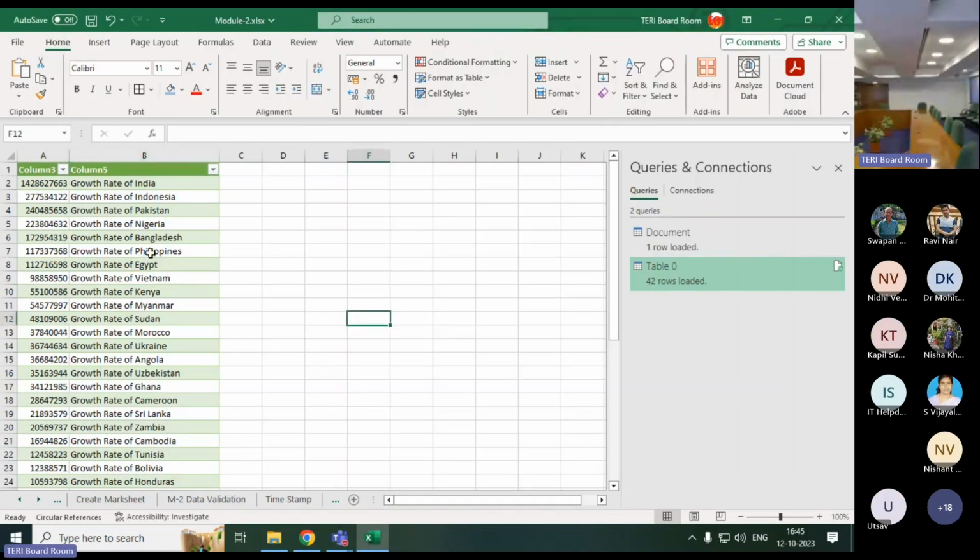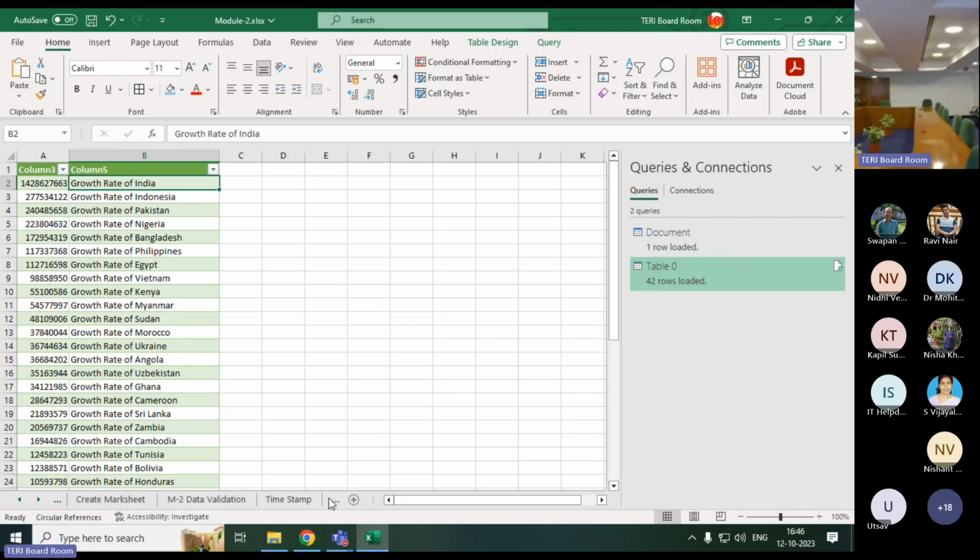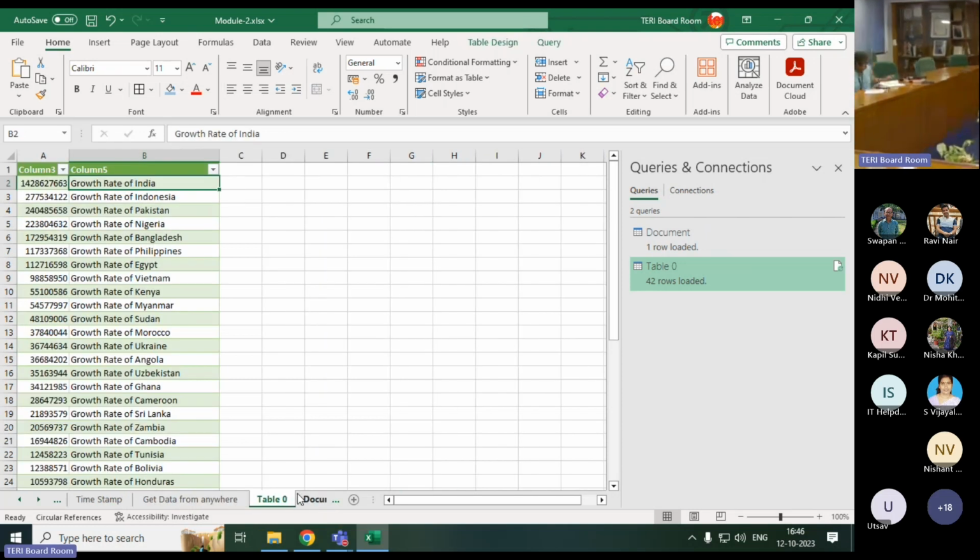I hope कि आपको ये समझ में आ गया होगा how to get data from anywhere, and if you want to use flash fill instead of using a function, you can use it. I already showed you the limitation of flash fill. Flash fill works only one time. It is not working on cell referencing. Whenever you change the value, flash fill's value is pasted as text, not as a value, so it cannot be changed. Okay? So next, if I check the next thing,